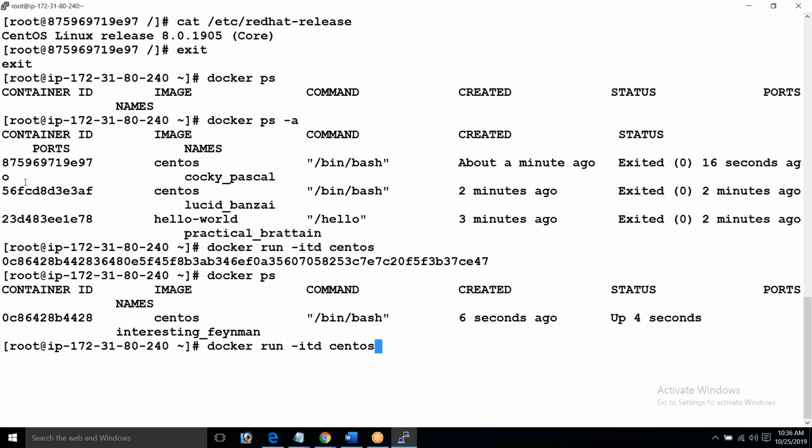Now, when I say docker run, what is the sleep command? It will sleep after a certain time. I would say 120. My cursor will be out after 2 minutes. Wait for it.